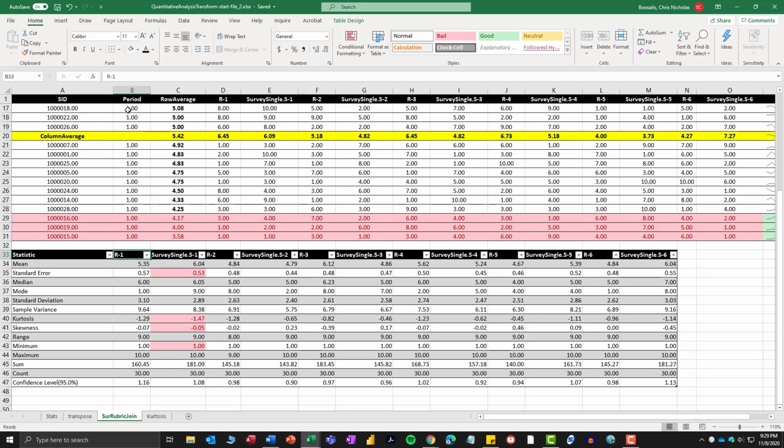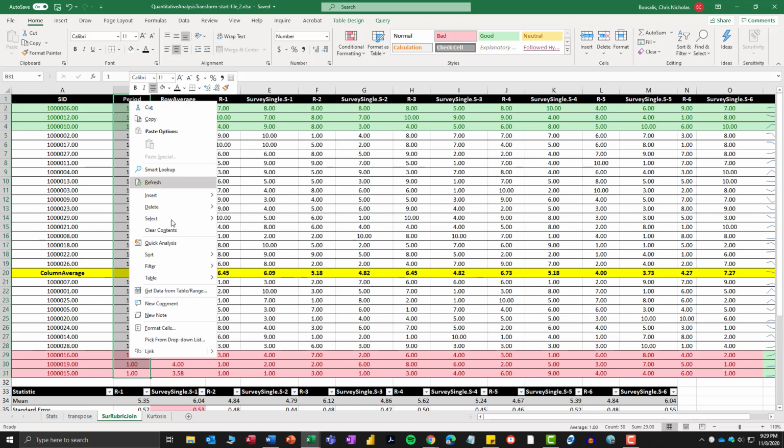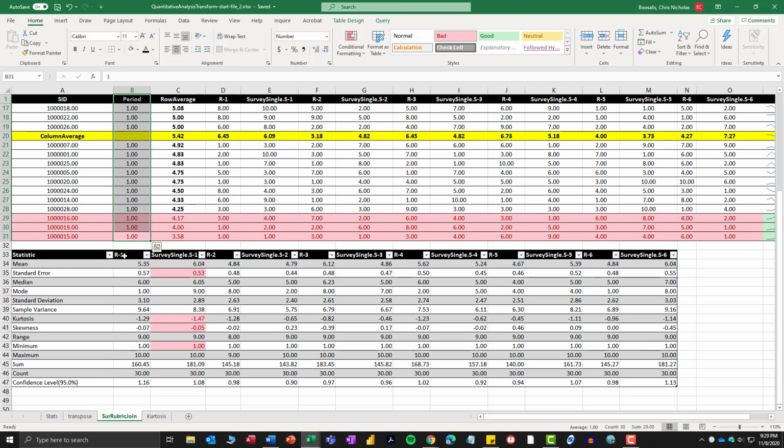Now it is finally, and this is a table. I can just highlight this column right here called period, and I can hide it. I should be able to hide that column. And yeah, I can't hide the column. All right, well, in that case, we have to keep it because it won't allow you to hide the